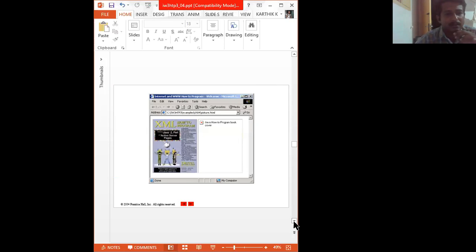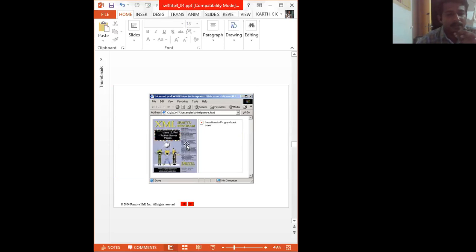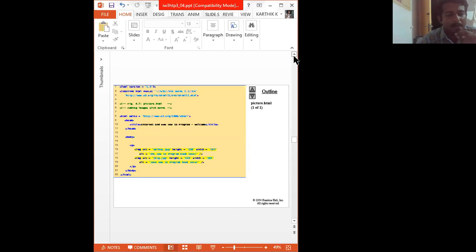Okay, right. Suppose your image is not in your folder, it's going to be displayed differently. So at that time the image looks like this. Here look at this, the first image is an image in your file, so it is displayed. Suppose it's not in the folder, then it's going to display like this. Look at the corner, the x mark, and this is going to be displayed when the image is not available in your browser, right? Okay, thank you.